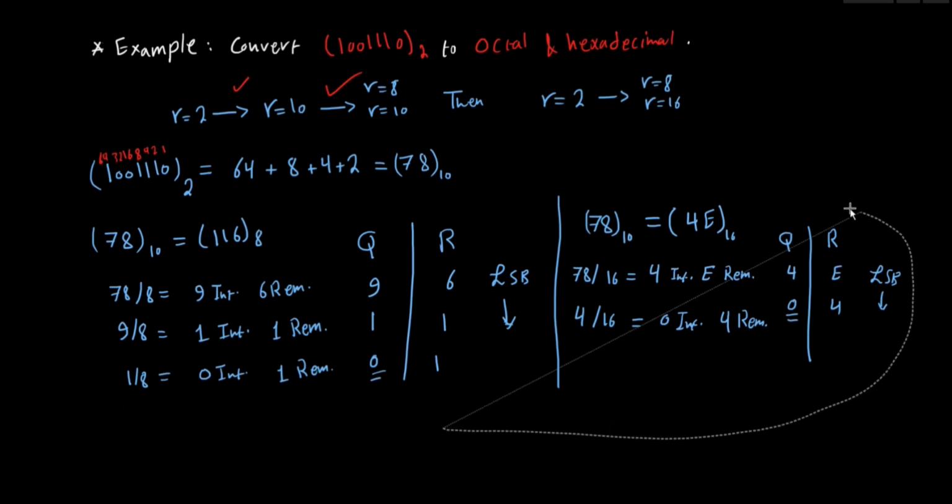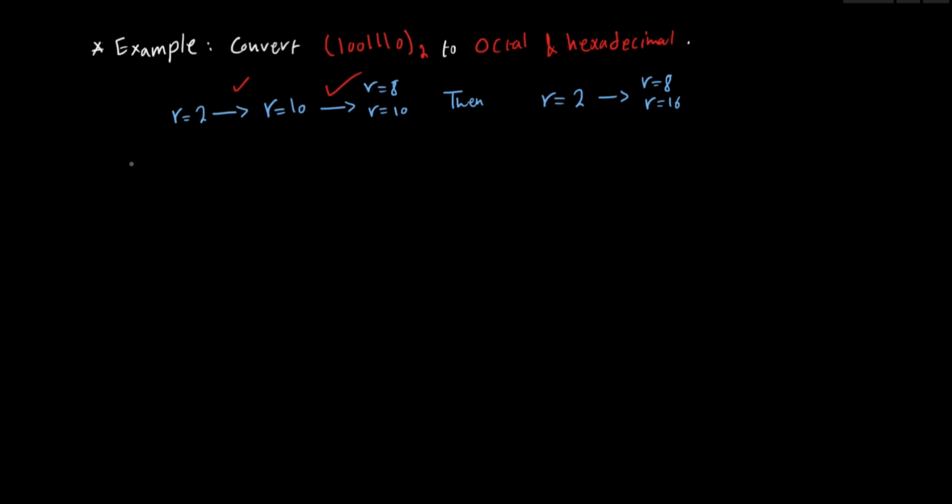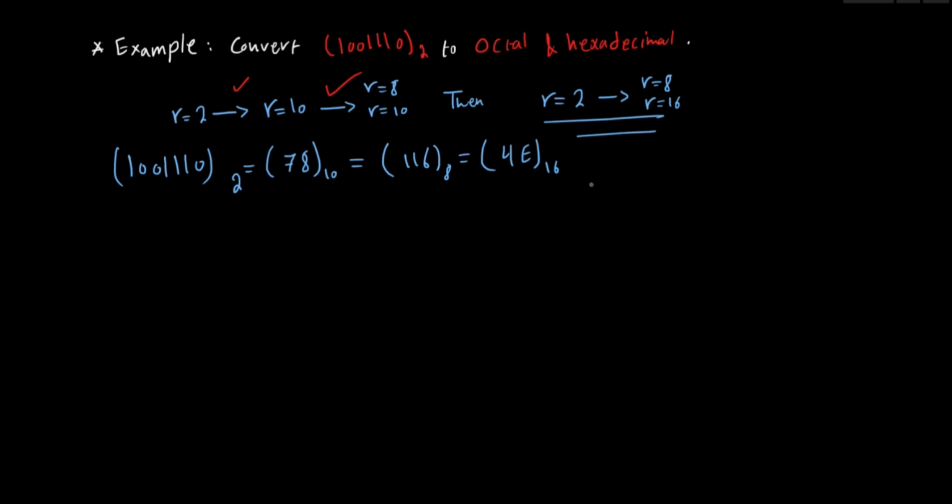Now let's see the direct approach. We'll use the decimal as a mediator approach as a reference. So we have 1001110 binary equals 78 decimal, and that equals 116 octal, and that equals 4E hexadecimal. But let's see how we can directly convert a binary number to the octal and hexadecimal systems. As we learned before, every 3 binary bits can represent 1 octal digit, and every 4 binary bits can represent 1 hexadecimal digit. So starting from the radix point, let's divide the binary bits into sets of 3s,